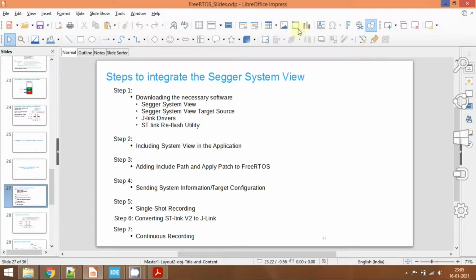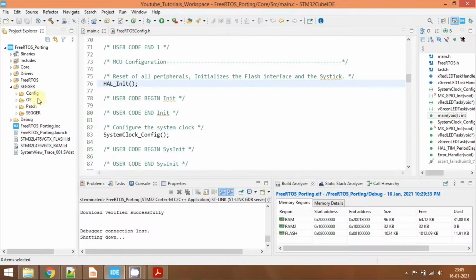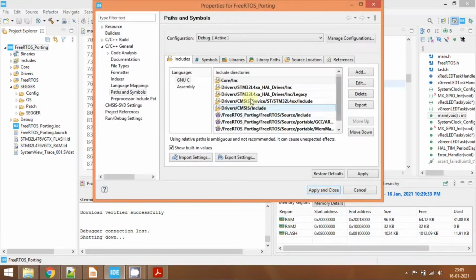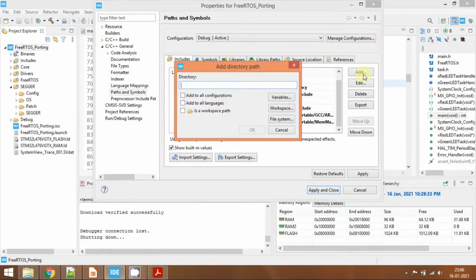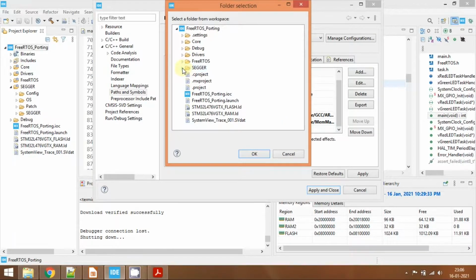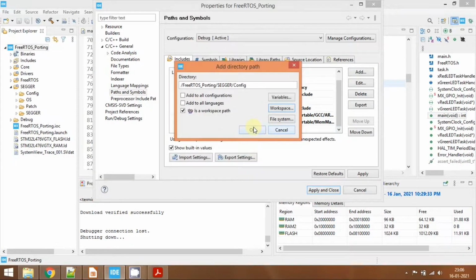To do that, go to CubeIDE. Click on this project, right click here, go to properties. We need to add a path to the Sager folder now. To do that, click add here, go to workspace, expand this, expand the Sager folder. Include the path to the config folder first and add one more.